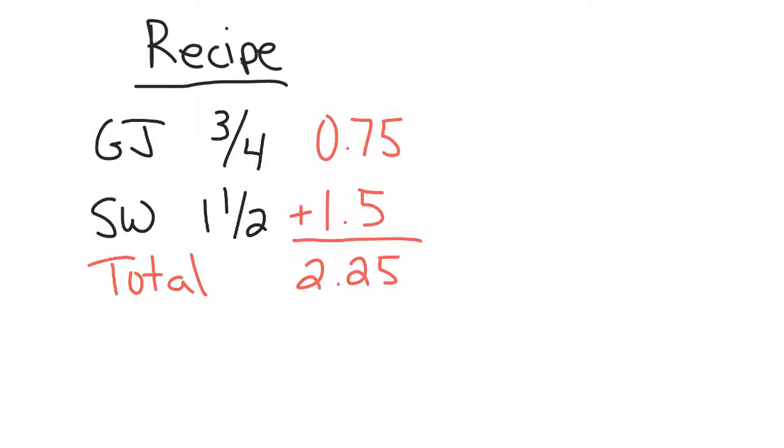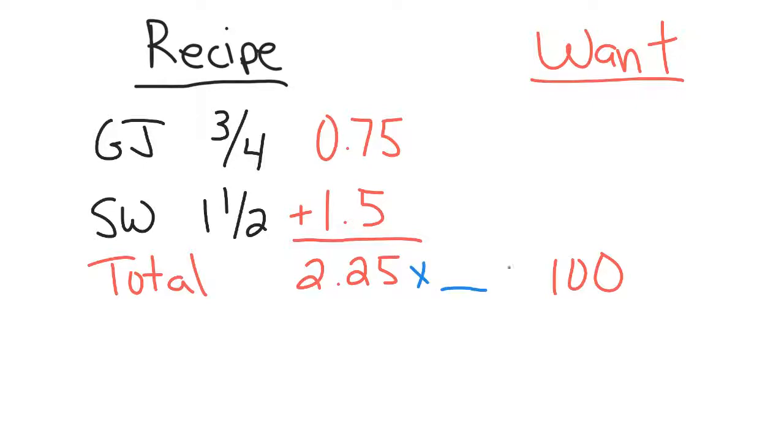Now, what we want here is 100 total quarts, and we need to figure out how much sparkling water we'd need. So in other words, we need to figure out what the constant of proportionality would be to get from 2.25 to 100. So we do 100 divided by 2.25, and you get